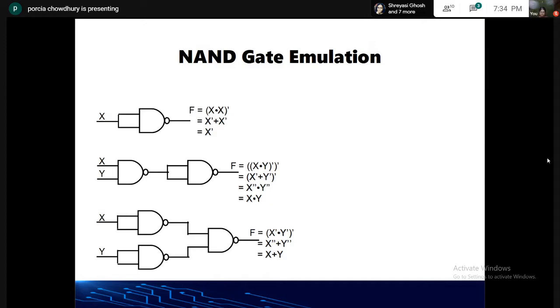Fine. Same way, from NOR also we can form NOT, AND, and OR. I want you to try that. Can you find out how from NOR we can get NOT, or maybe OR, or maybe AND? Just give it a try, because NOR is also a universal gate, and as the property of a universal gate suggests, from this gate we can implement any of the basic gates. So these 3 are over here. From this diagram, can you get an idea of how the NOR gate can act as either a NOT gate, AND gate, or OR gate?